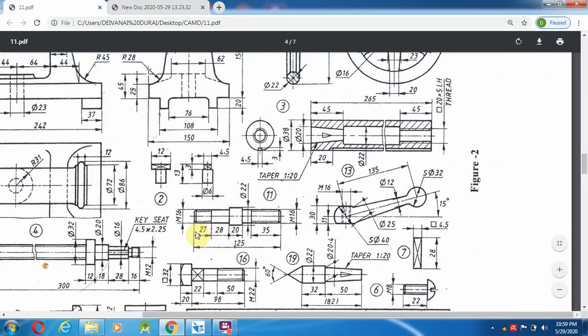Up to 27 mm threading is coming, the remaining is the cylindrical part, same as on the other side. Then 22 mm diameter up to 20 mm length, the cylindrical shape is coming, and again on the other side, 16 mm diameter is coming up to 35 mm length, where threading is coming.